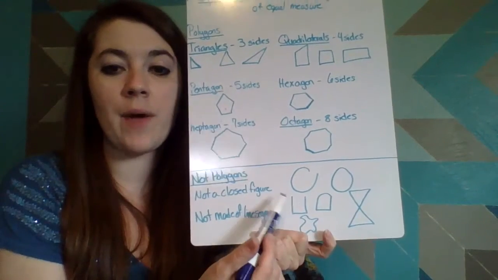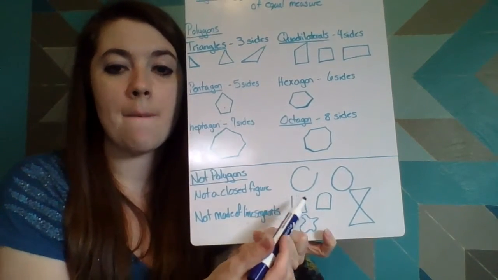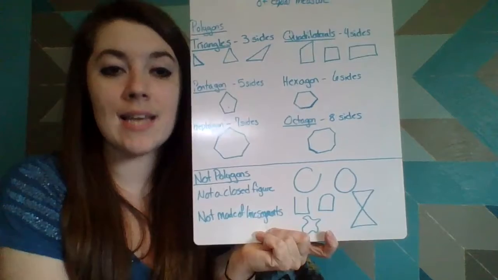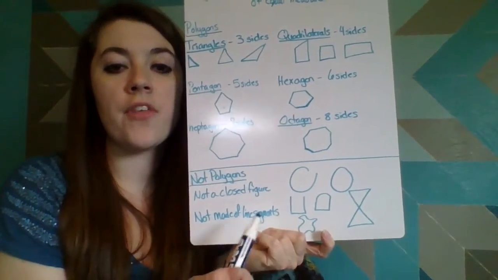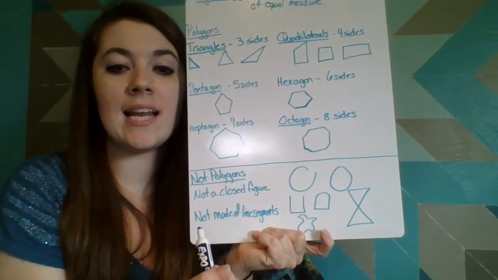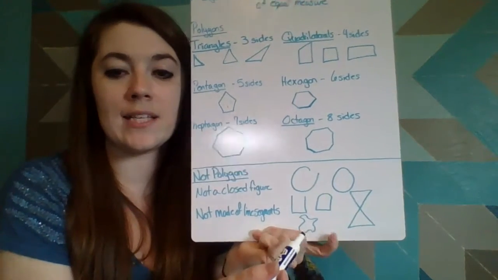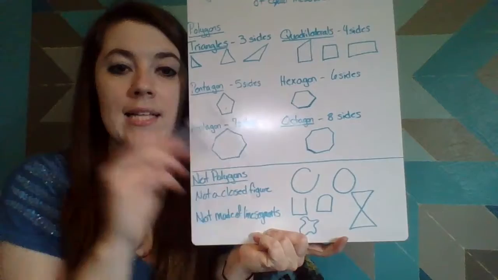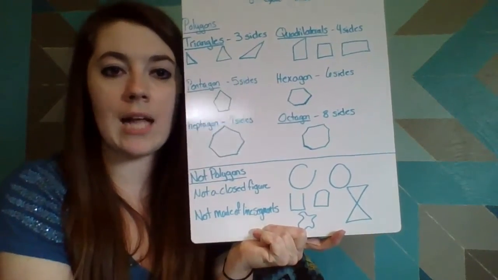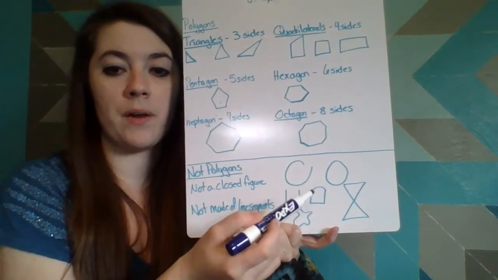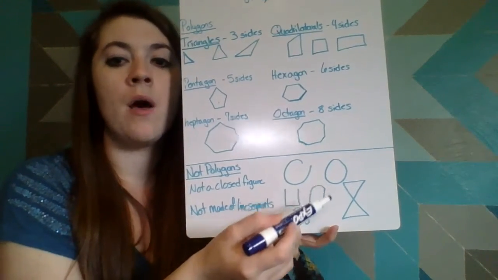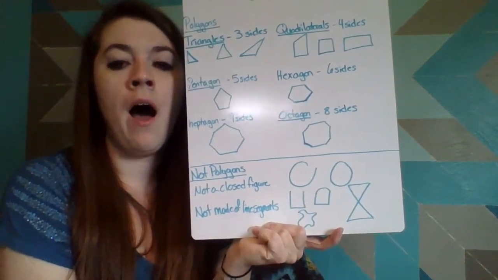Same thing with this figure right here. We've got 3 sides, but then we're missing the top. It's not a closed figure, which means it's not a polygon. Another thing that makes something not a polygon is that it's not made of line segments. So if we look at this squiggly little blob down here, it's got curvy sides. Those aren't line segments. Line segments are going to be straight. Same thing with this one. We've got 3 sides that are line segments, but then we've got this curved